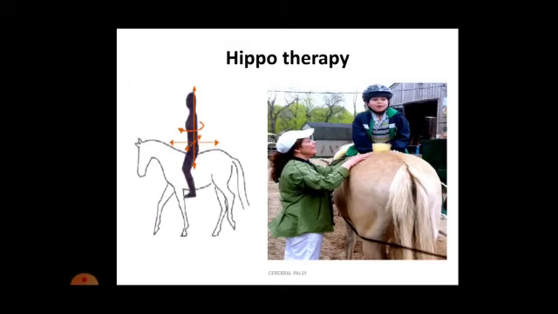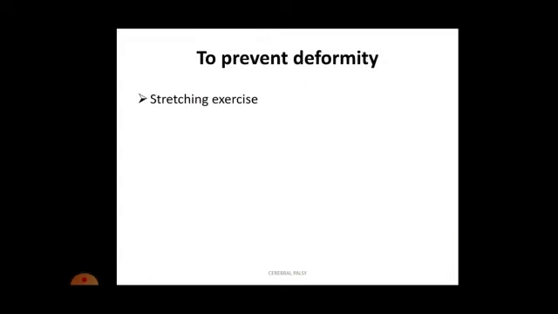So all these movements are required whenever we are walking, clear? So we can say that it is a similar type of training that we need for gait training, okay? So all these movements are useful when the child will walk. Now, to prevent the deformity, what can we do?